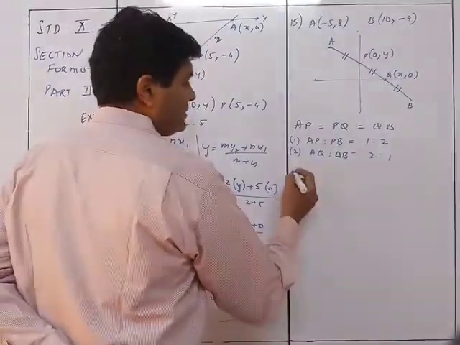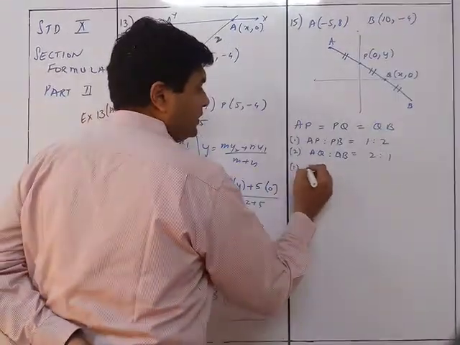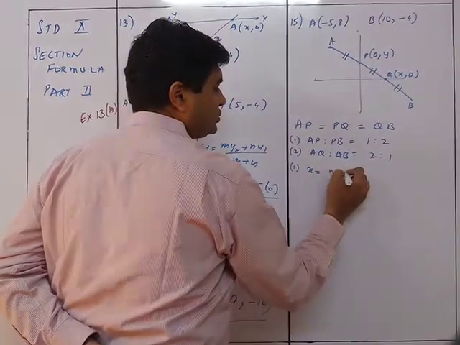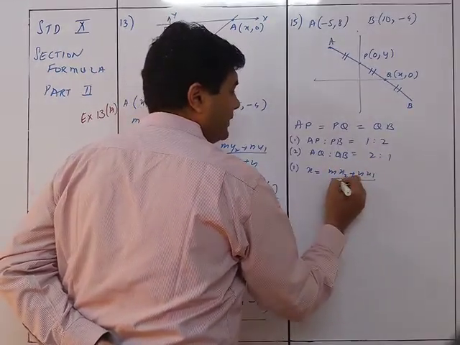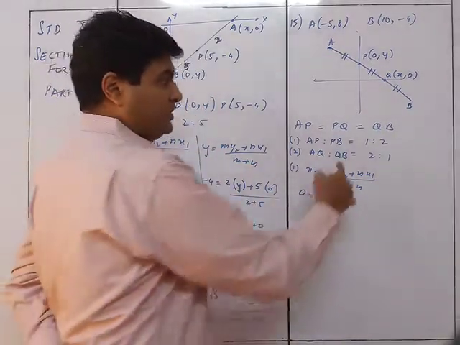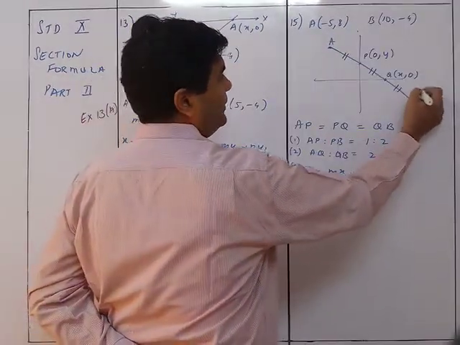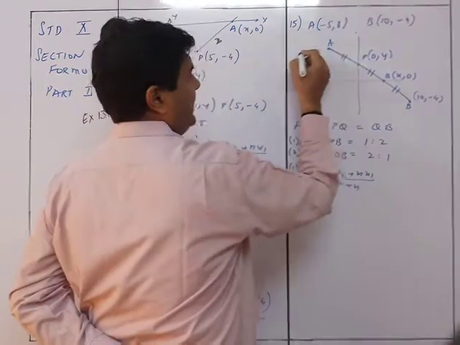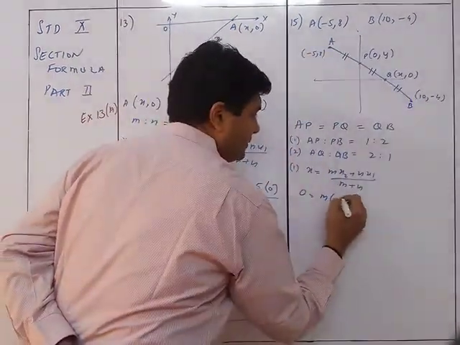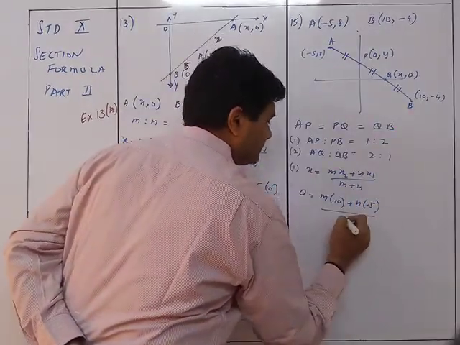So first, we talk about the first part. We see point P. The x value of point P is 0. So we need x is equal to (mx2 plus nx1) upon (m plus n). We know this is 0. M we don't know, we need to find out. This is to be proved. X2 over here is this value, 10 comma minus 4, and A is minus 5 comma 8. So this will be (10m plus n into minus 5) upon (m plus n).